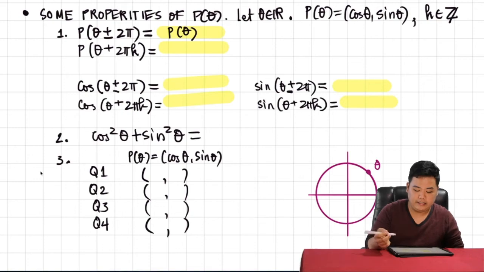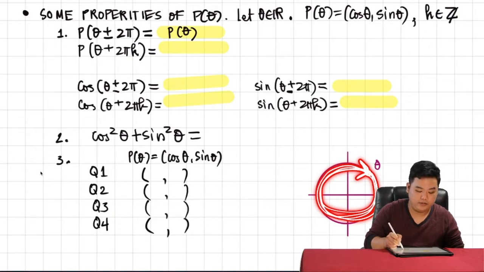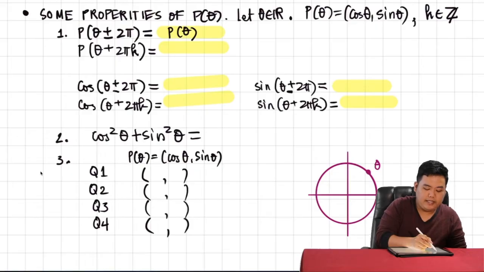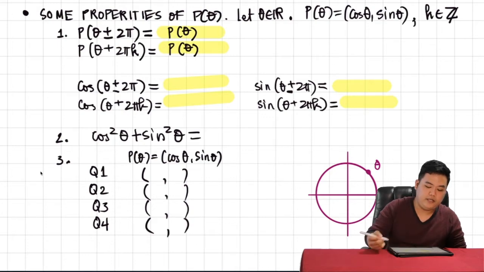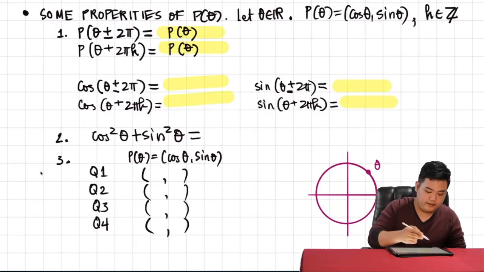And pwede pa natin yung i-generalize. So, kahit magdagdag ka ng kahit ilang 2 pi na gusto mo, dun sa endpoint pa rin na yun ikaw babalik. Or kahit mag-subtract ka ng mga 2 pi, dun ka pa rin sa point na yun magfo-fall. Okay, so ibig sabihin, for any integer k in Z, pag inadd mo yung 2 pi k sa theta, you still get P of theta. At yung mga implications nito ay yung cosine ng theta plus minus 2 pi is